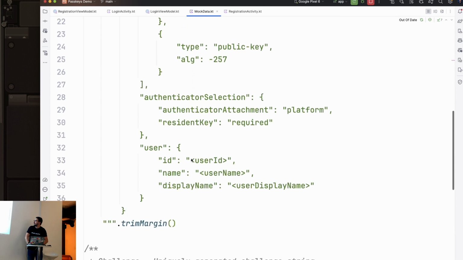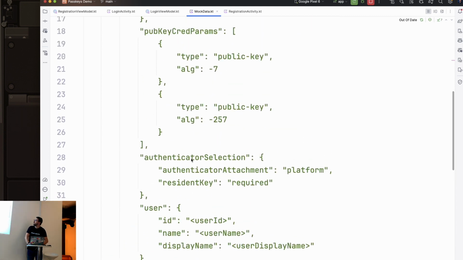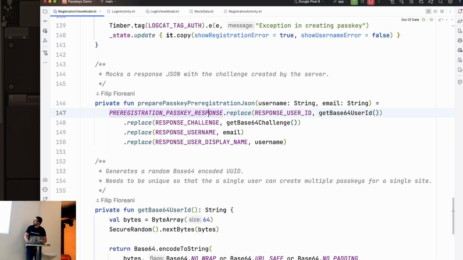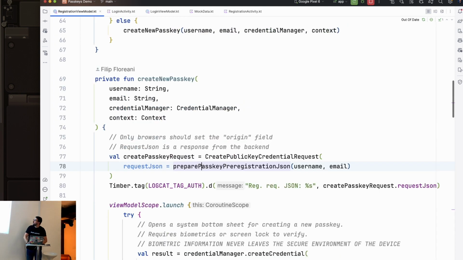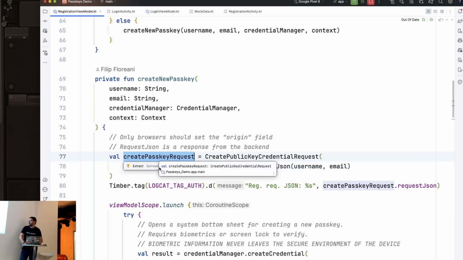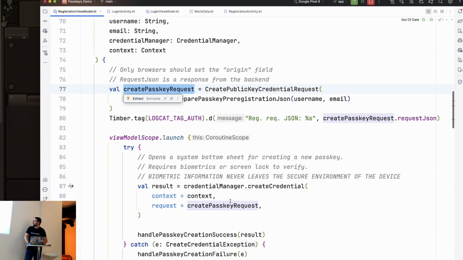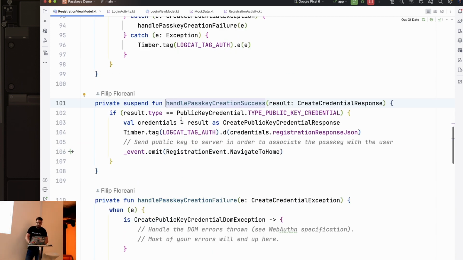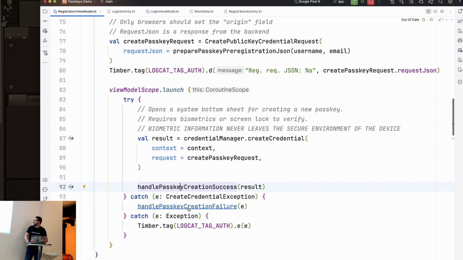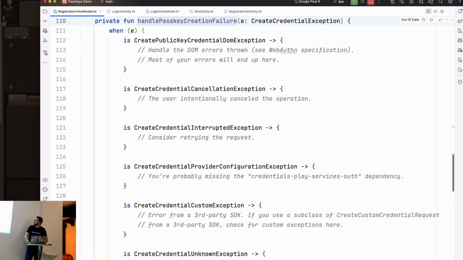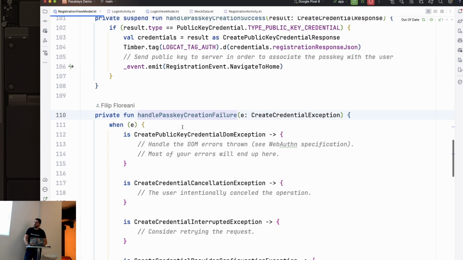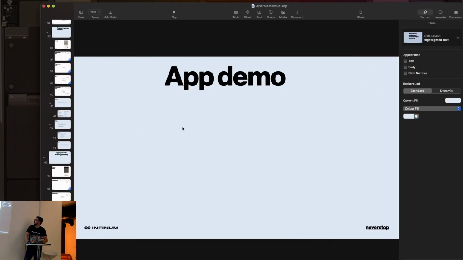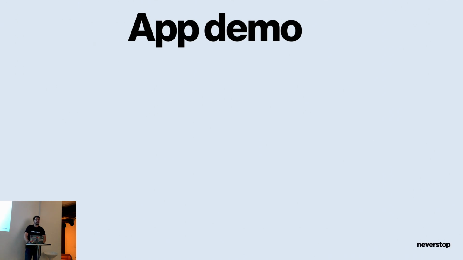It has a bunch of different points that we already demonstrated through the presentation. And cool. This returns us a request for creating a passkey. We use that to call create credential. It returns a result. We handle that result, or option B, we handle any of these errors that might pop up. And that's it for the implementation.